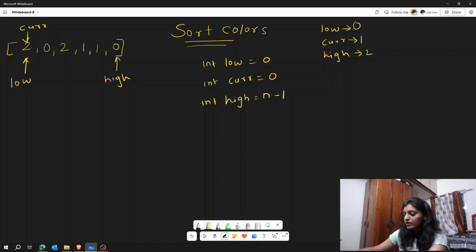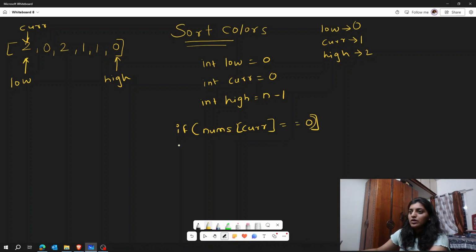Now what we will do is check the current element. There are 3 conditions. If my current element, that is nums of current, equals 0, this is one condition. What will we do in this condition?